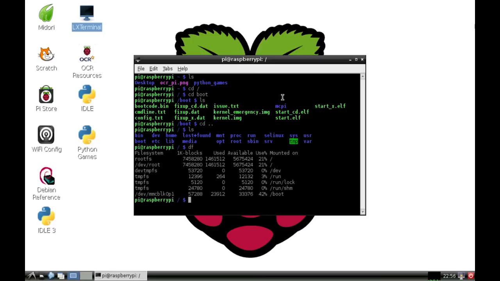For the most part, you can ignore dev, you can ignore tmpfs. Those are just RAM disks, which is just a fancy way of saying part of your system's memory being utilized as a virtual disk space. What we want is, well, I guess dev root or rootfs, those are exactly the same thing. Those are just different ways of pointing to the same location. And then the